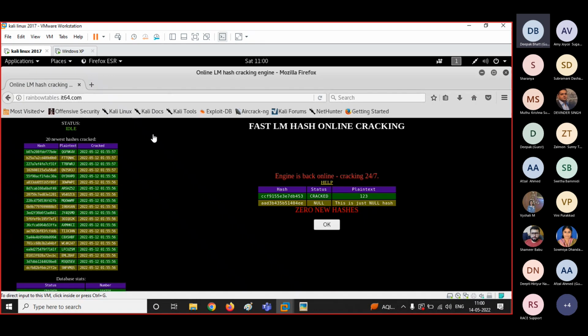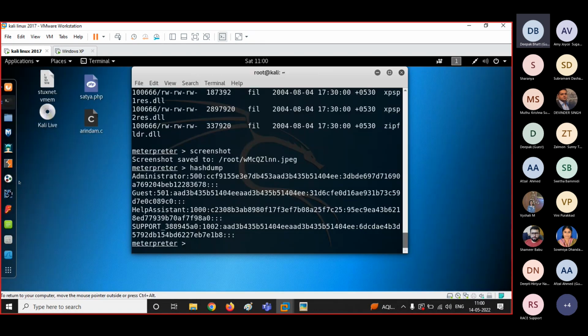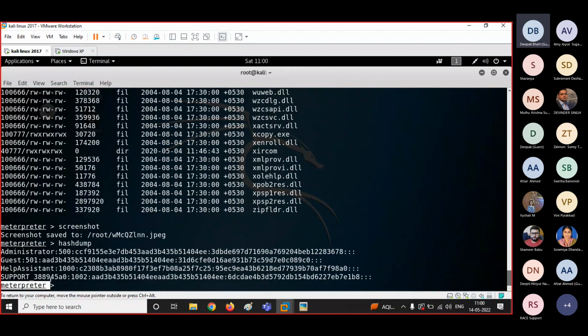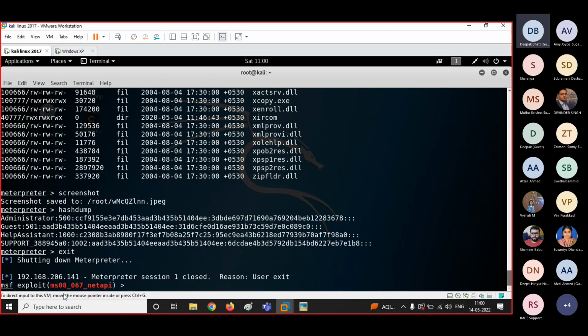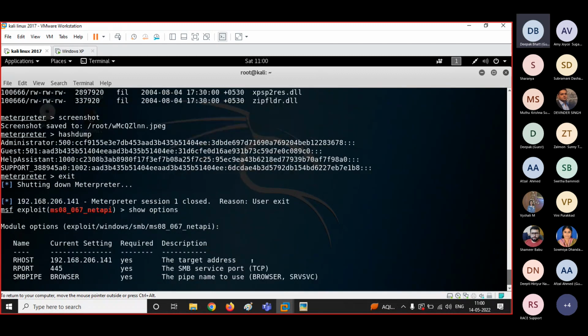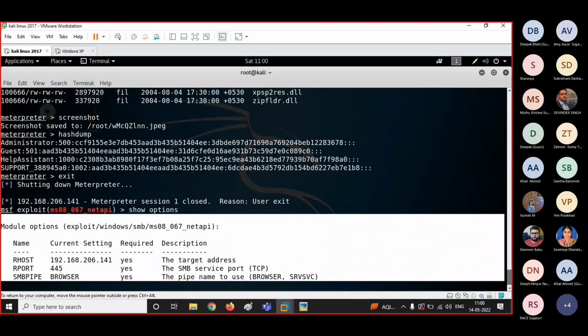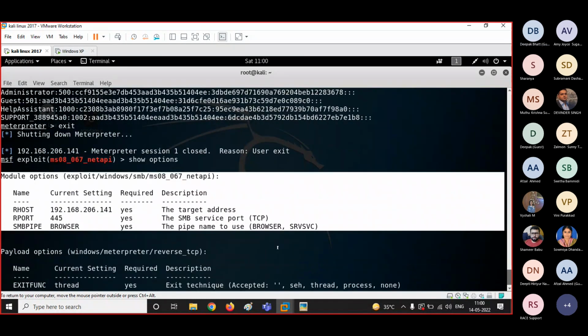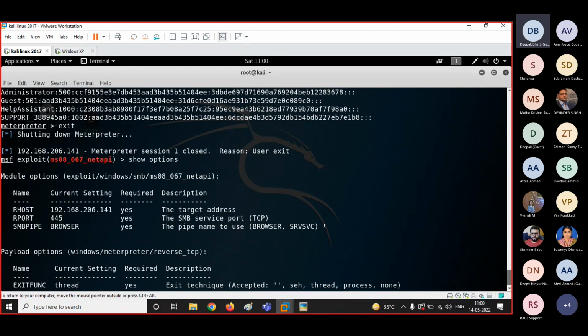In that case, first of all, you will come out of this Meterpreter shell. Then you will type the command exit. You'll be back inside the exploit. Now you'll again check the options, so you'll type the command show options. Guys, previously you were just getting these options, right? Yes or no? Previously you were getting just this information, right?